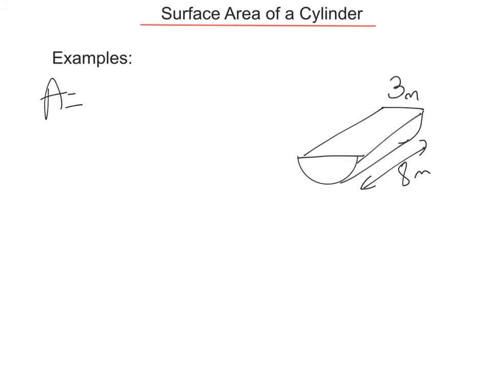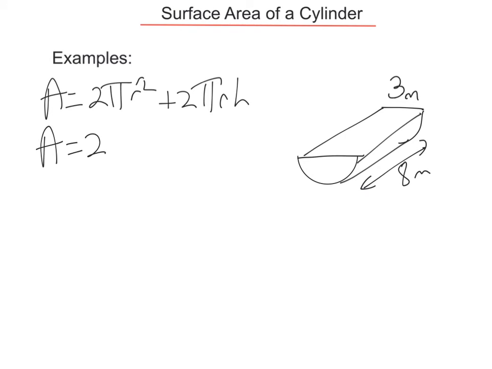The area for a cylinder is equal to 2 lots of pi r squared for the ends plus 2 pi r h for the curved surface. So let's substitute in. The area will be A equals 2 pi times 1.5 squared plus 2 pi times 1.5 times 8. Remembering, of course, that this 3 is the diameter and we want the radius, so I've halved it to get that number and that one. So the answer to that is